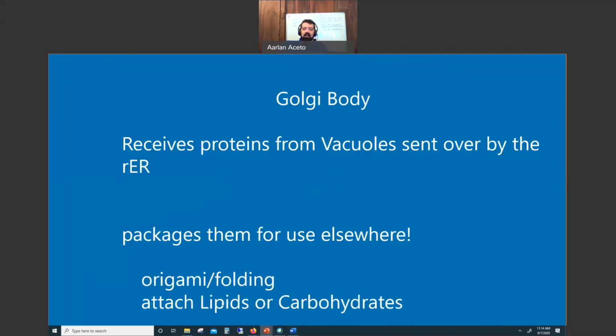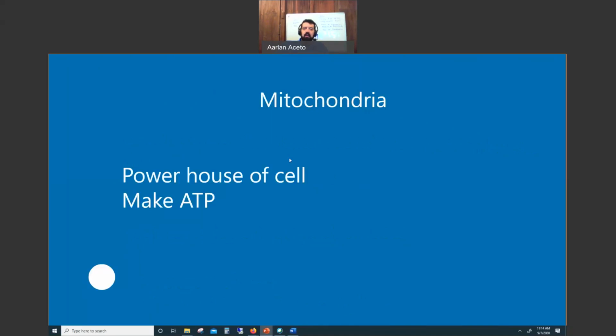And they can attach those lipids that are made by the smooth if they need, or attach carbs or whatever they need to do. Again, we're not going to get into this too much, but I do want you to have a basic overview. The mitochondria,